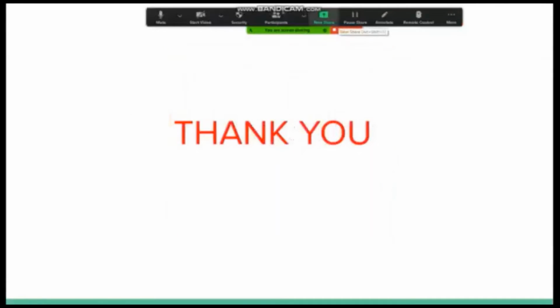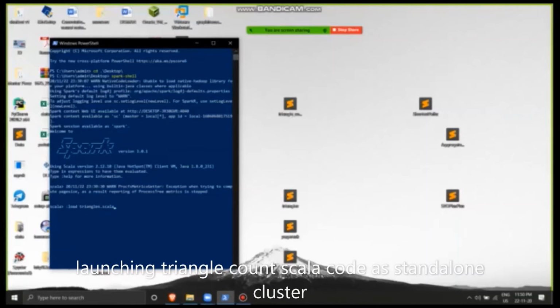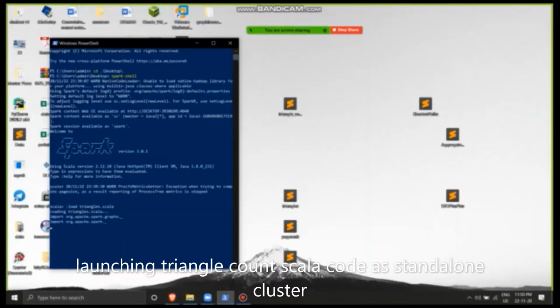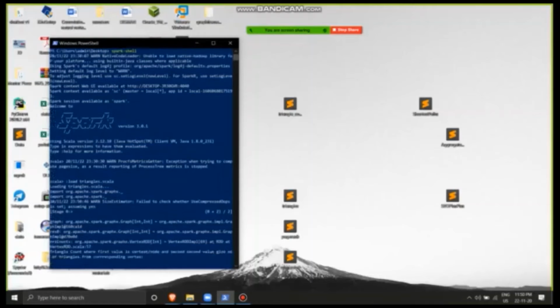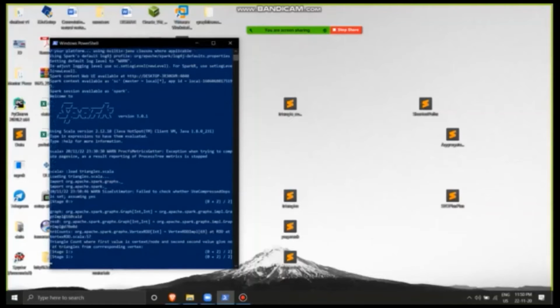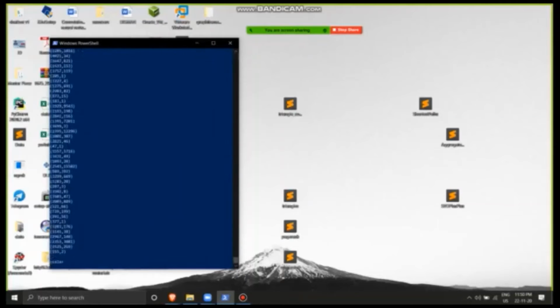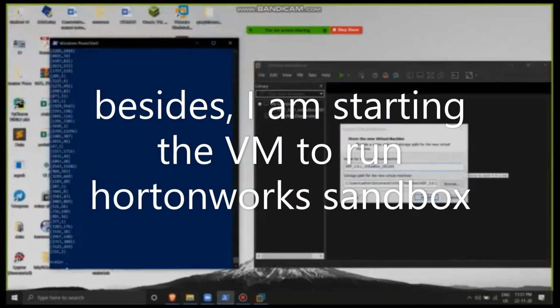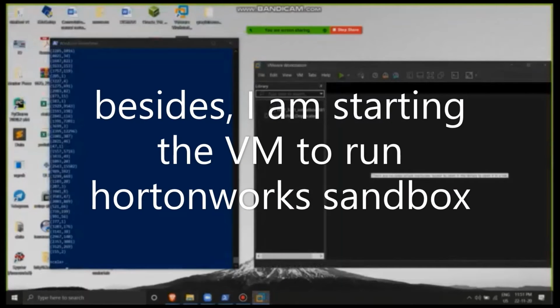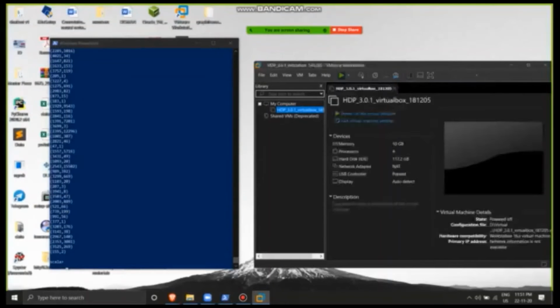So we will just show the practical of the triangle count algorithm on the triangle.scala. The data set is being read. So we can see the power of Apache Spark, how distributed programming helps to find the triangle counting in a less amount of time, how it uses parallel processing. Node 4021 has 34 triangles associated with it.